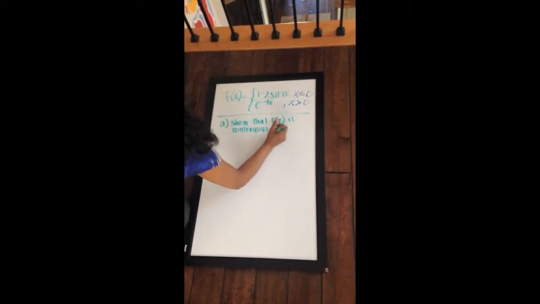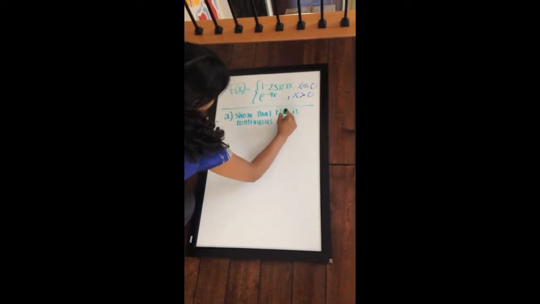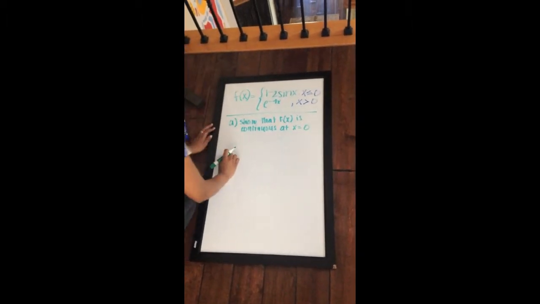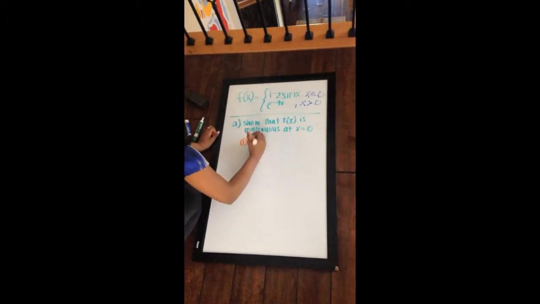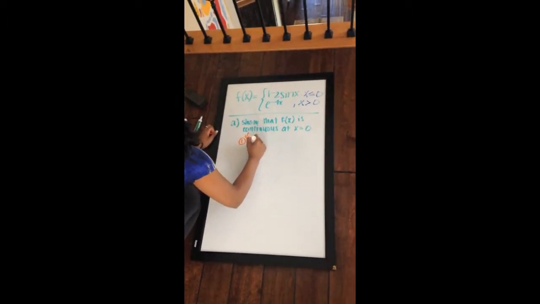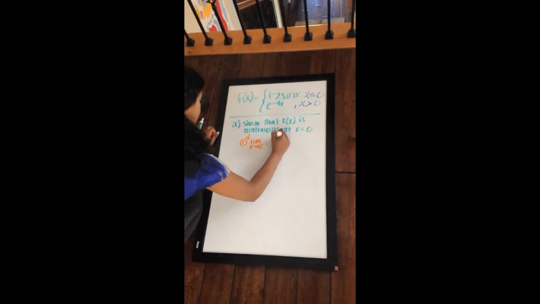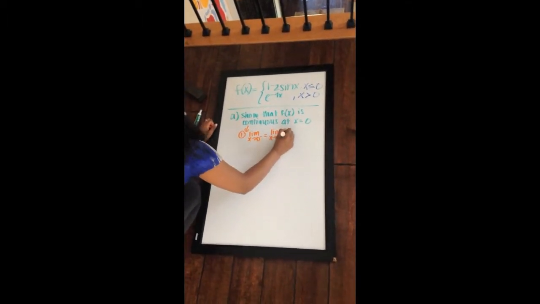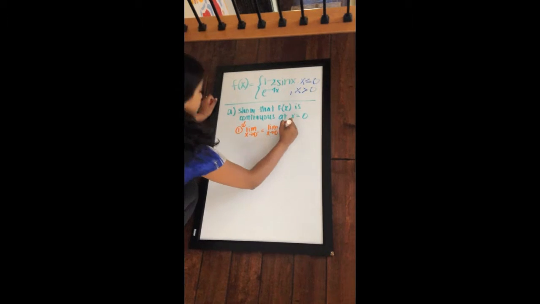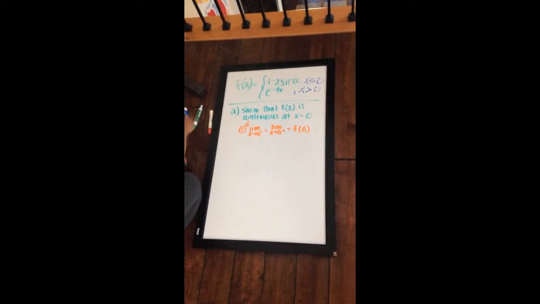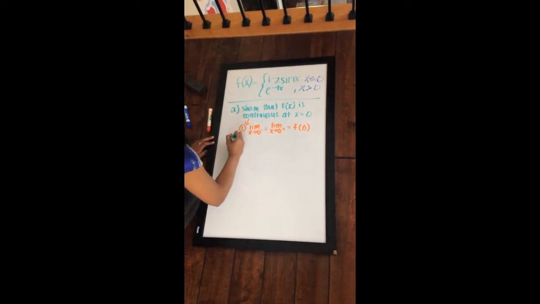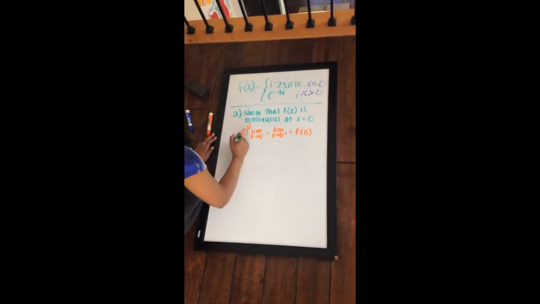And the way that you have to show that something's continuous is that the limit on both sides go to the same point and that the function exists at that point. So that's what's critical for finding whether something's continuous. And right below is where I'm showing in orange that the limit on both sides of 0 must equal the function at 0. So what we're going to do is find the limit at 0 from